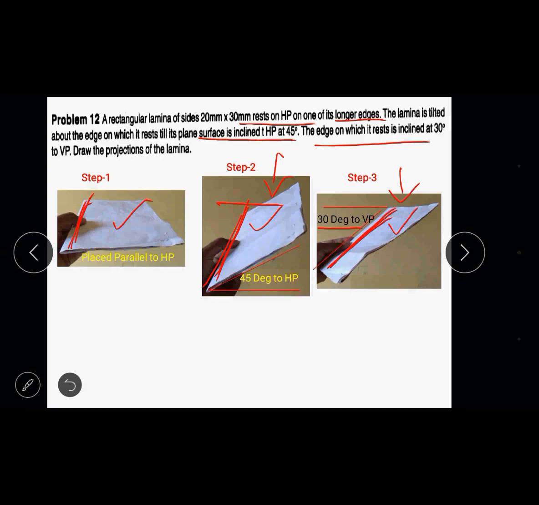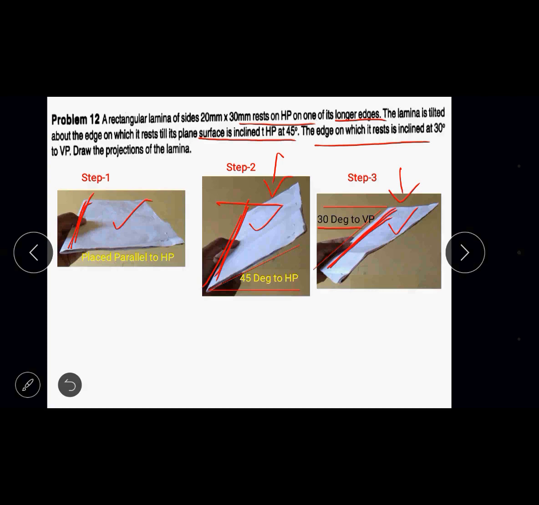The longer edge of the rectangle in the top view of the second figure is placed parallel to HP and perpendicular to VP. It is placed at 90 degrees to VP, the vertical wall. In the third figure, the longer edge of the rectangle is just tilted to the given VP angle. The given VP angle is 30 degrees. So instead of 90, it is just reduced to 30 degrees. So it is similar in dimension.